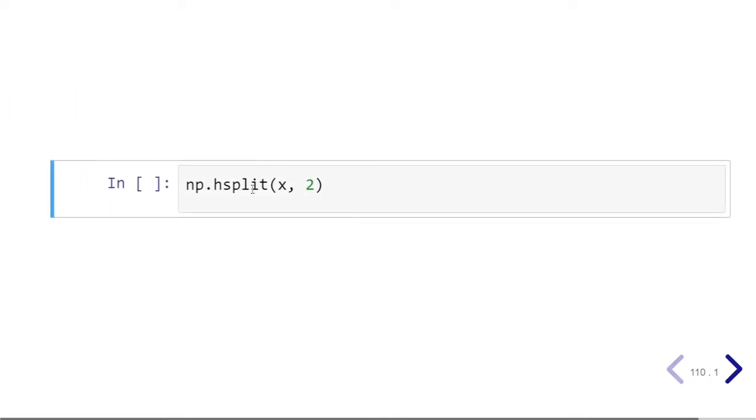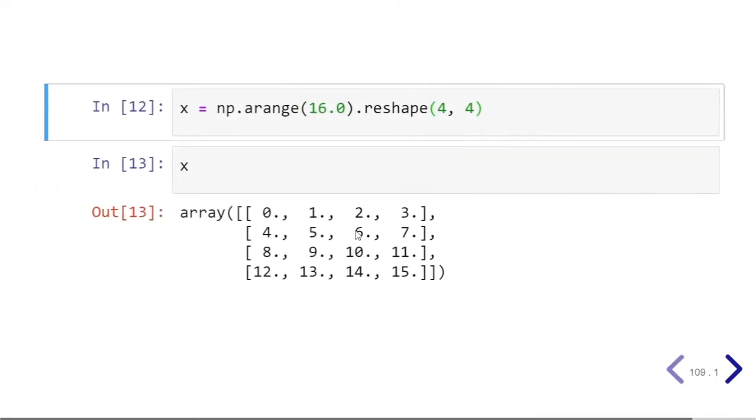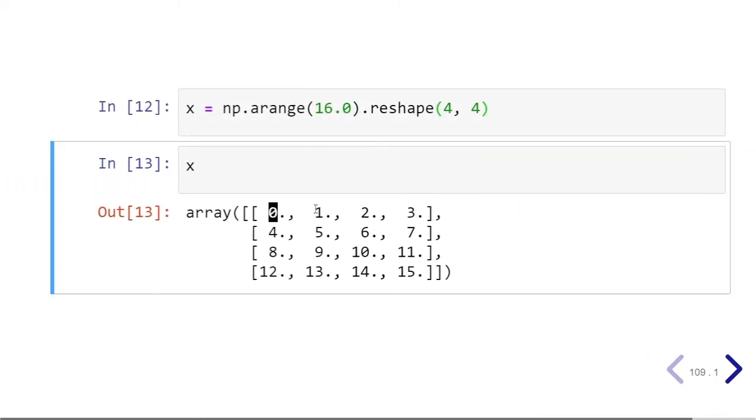Using the hsplit function, we divide the NumPy array. When you pass 2 without any square bracket, we divide this array into 2 equal subparts, and the split is done along the columns, that is horizontally. So this is column 0, column 1, column 2, column 3.